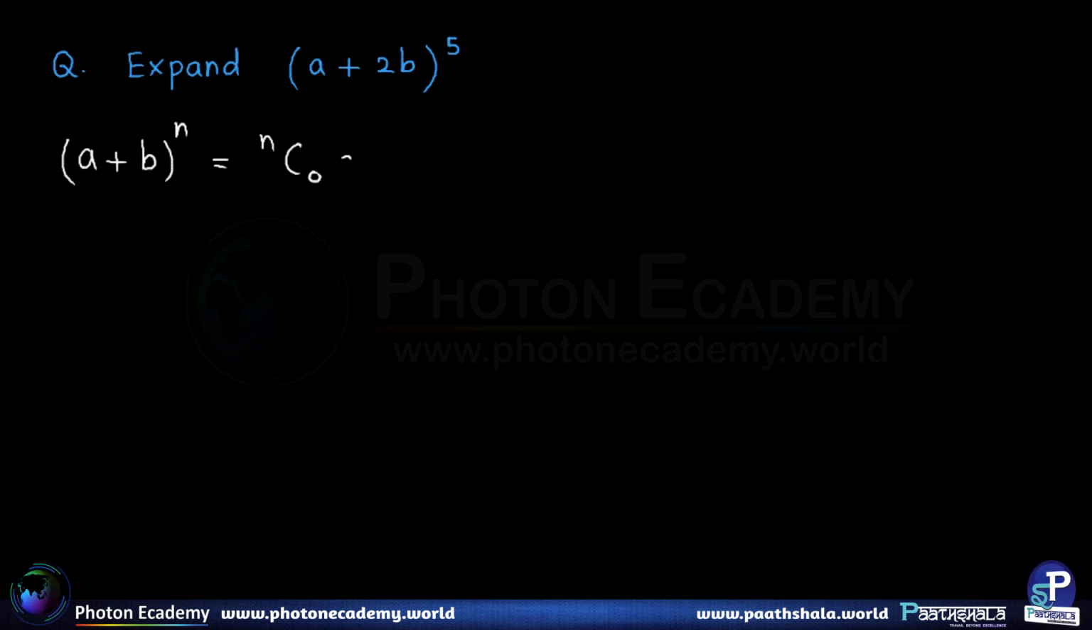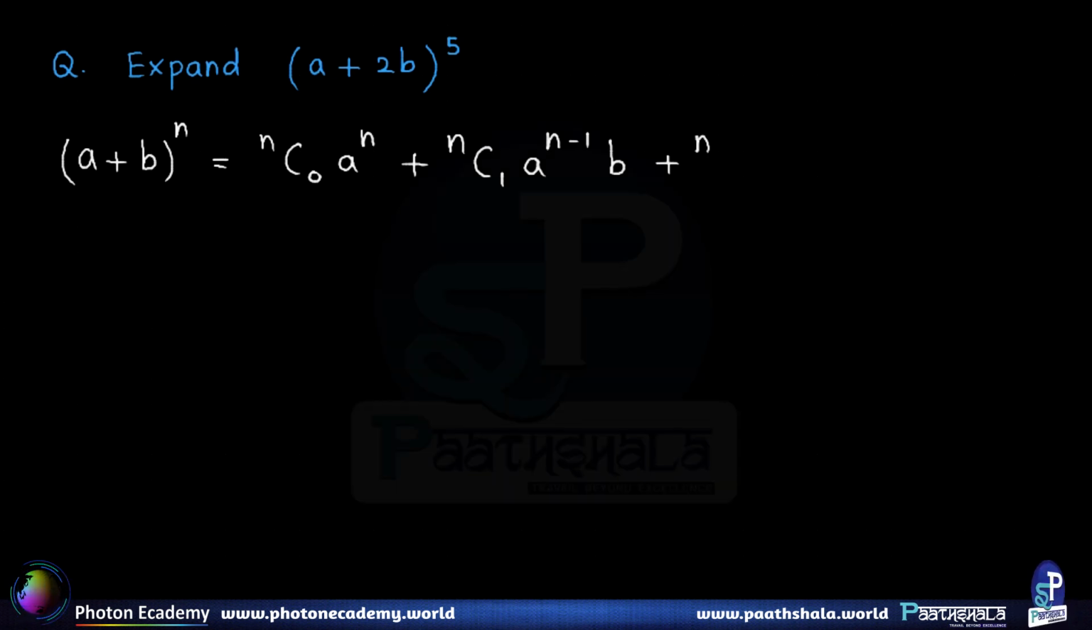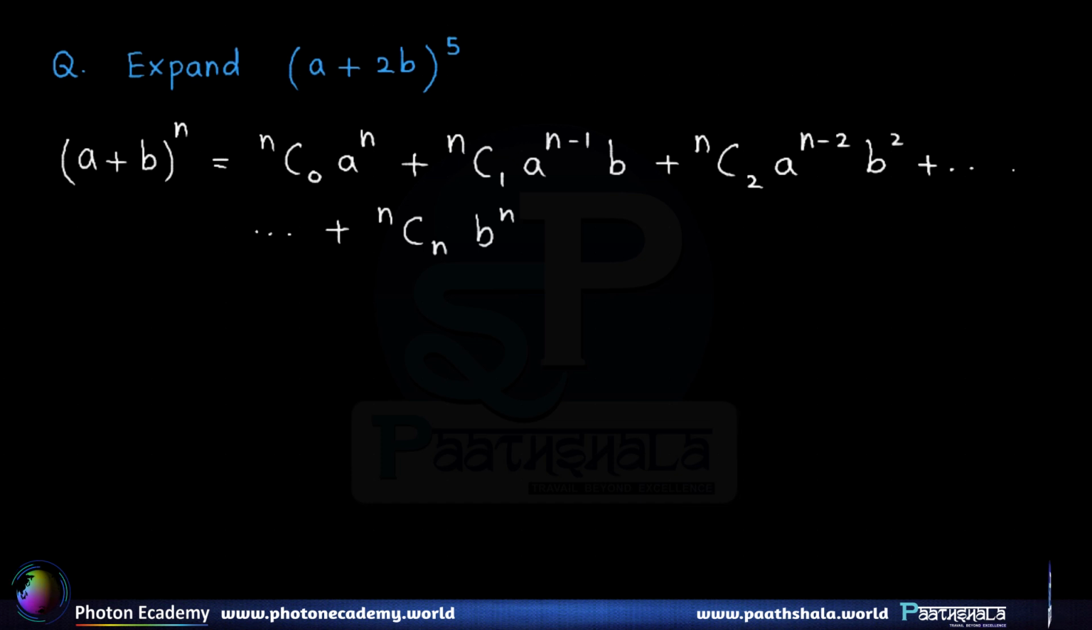If you recollect, we have the binomial coefficients nC0, nC1 and so on. Then the powers of a reduce and the powers of b successively increase, and so on up to the last term, which is nCn and b raised to the power n. So therefore,